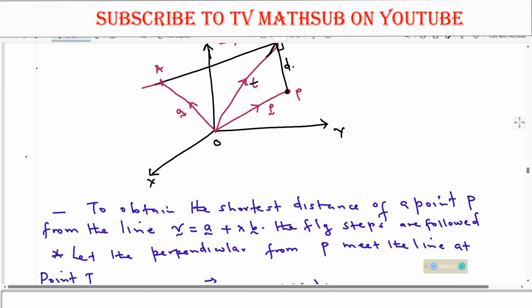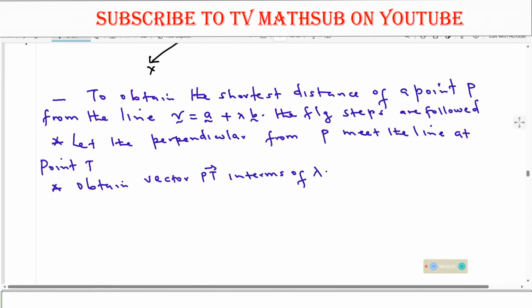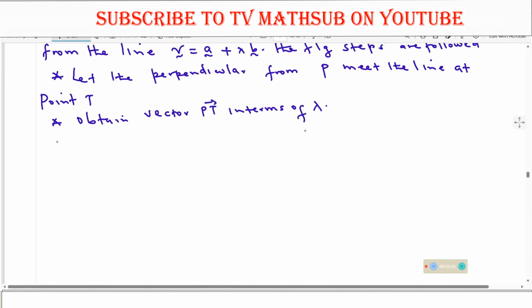Then next, before we come there, I hope you still recall that if T is a point which is on this line, then it satisfies this equation of the line. So that's why we are saying you will substitute and obtain the vector PT in terms of lambda. Then after doing that, you will obtain the value of lambda. The next procedure will be to obtain the value of lambda for the point T,